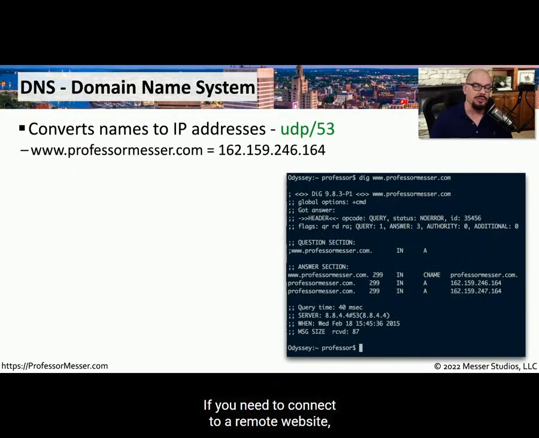If you need to connect to a remote website, you would probably type into your browser www.professormesser.com and hit enter. Behind the scenes, your system needs to be able to communicate with the Professor Messer web server, but it has no idea what the IP address is for that server. To be able to resolve an IP address from that fully qualified domain name, your system will use DNS, or the Domain Name System. DNS commonly uses UDP port 53 to be able to make this connection between you and